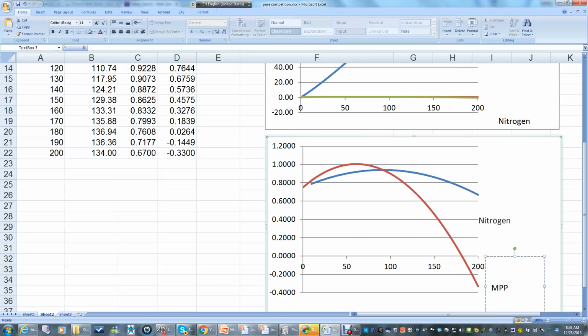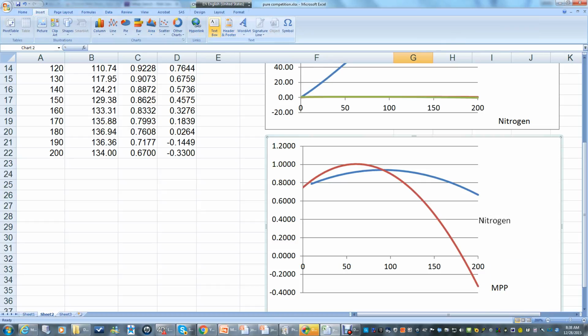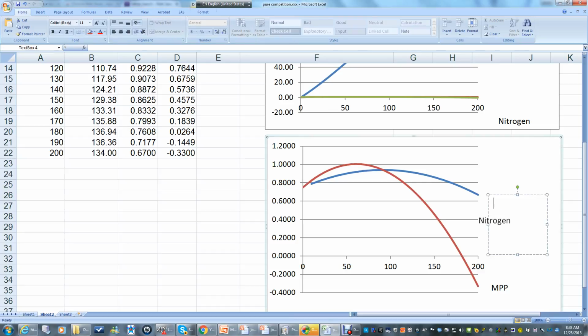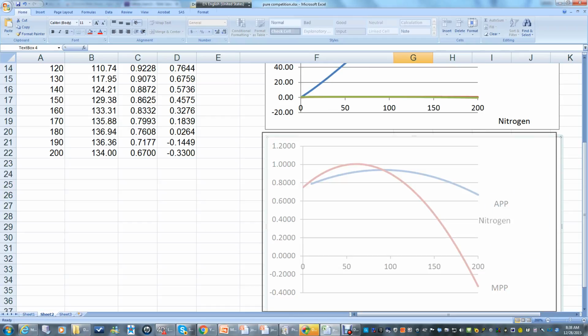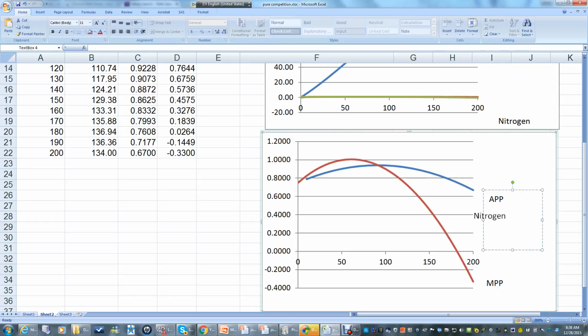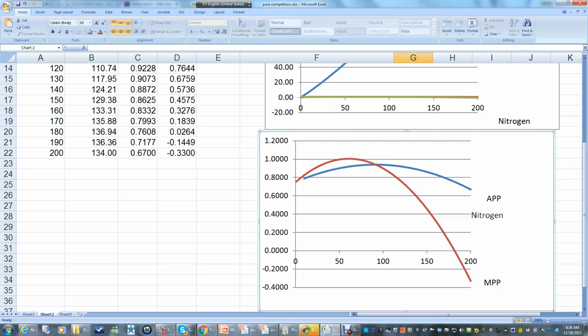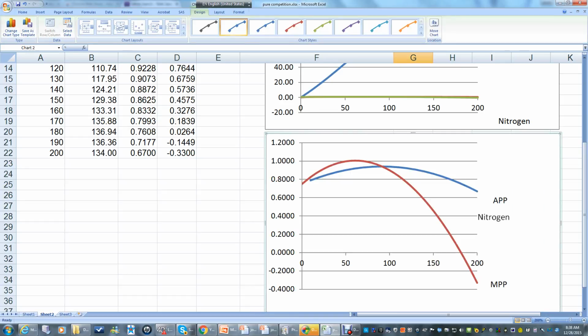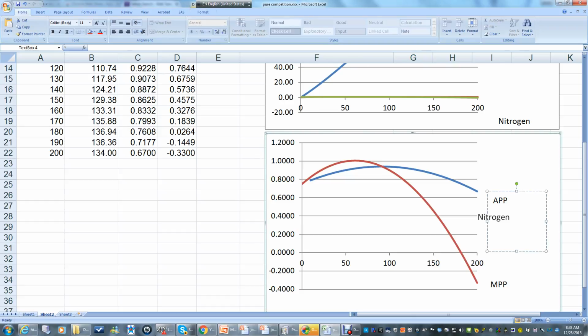Okay. Insert text box again, and that becomes APP. Alright, and we can actually, while we're still in the box here, we can actually move this thing around a little bit if we want. We don't want to. That's the problem with this all the time, is that